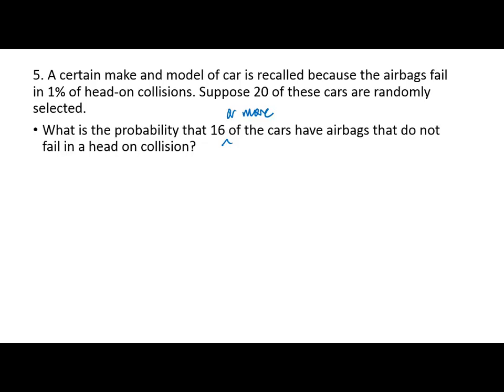Anybody have an idea of how to calculate this one? Can't you just say that 4 of them do fail, and then do the probability of x less than or equal to 4 minus the probability of x less than or equal to 3? Because you're just finding just equal to 16 that do work. Well, that's what the slide says, but we do want the or more in there. So the probability that 16 or more, but then you were exactly right, Stephen. The probability that 16 or more